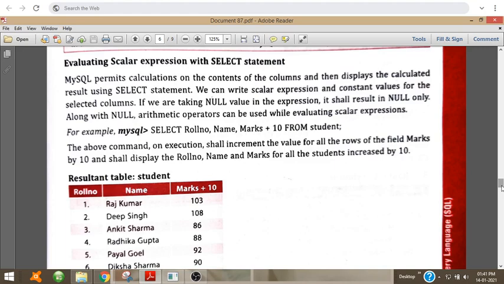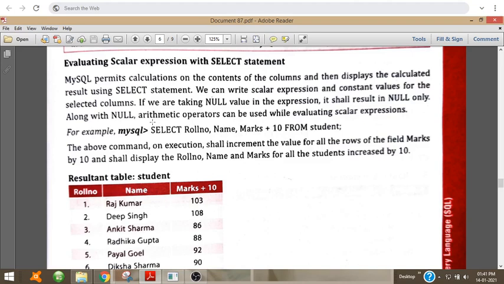But in case of select, the output is just displayed, nothing happens to the original table. So if we take null values in the expression, it shall result in null only. So if we make any change to null values, then it will be only a null value itself.